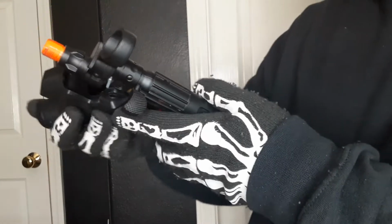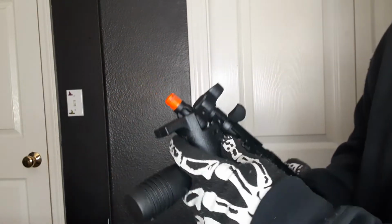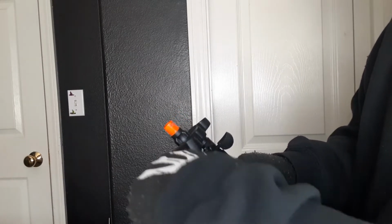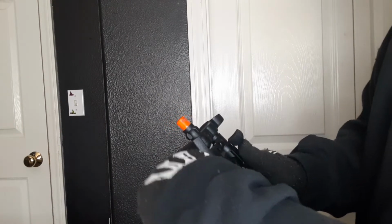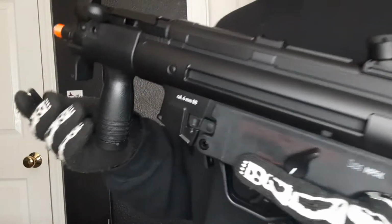And you don't want something that's complicated, especially if you're using it for a skirmish or something. If you're using it for that and you're trying to swap out batteries fairly quick, it's just not going to be done that quick, because you got to take out 3 pins, one from the front, one from the back, and it's just